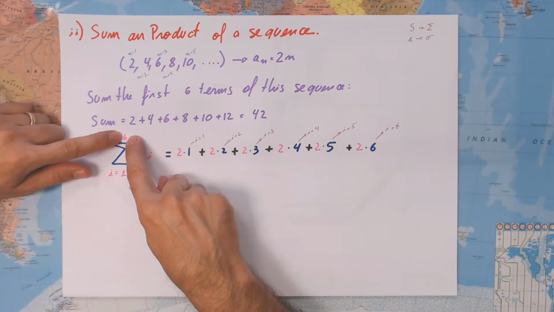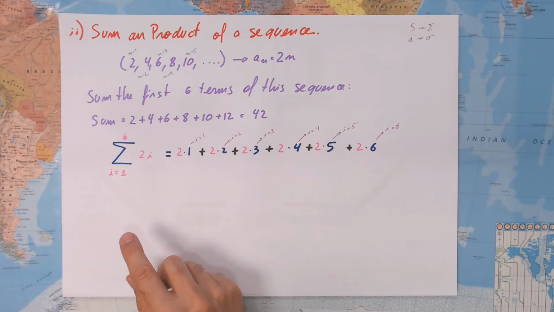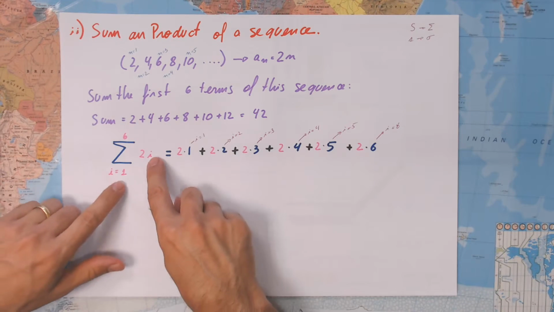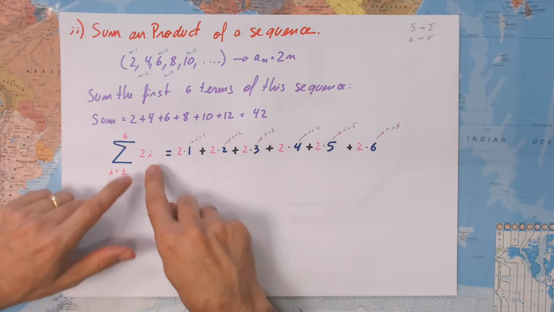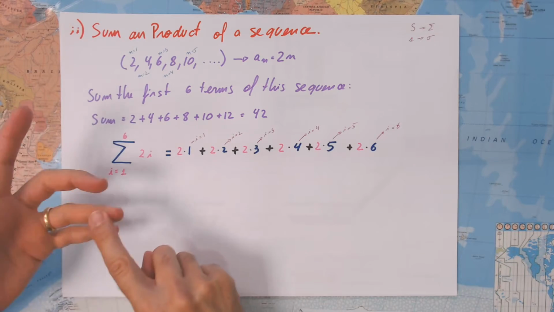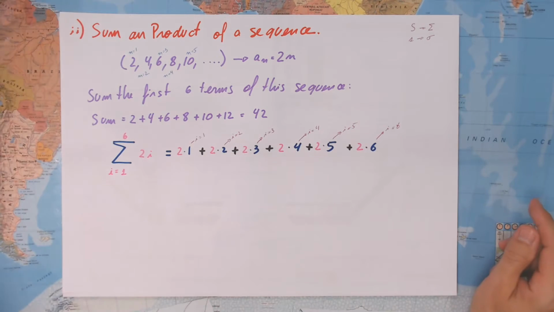And i equals 6. You see, you're going to repeat this until we reach the maximum value of i, because we are defining here for our summation that i goes from 1 up to 6. Let's apply: i equals 1, 2, 3, 4, 5, 6. And in the end, we have